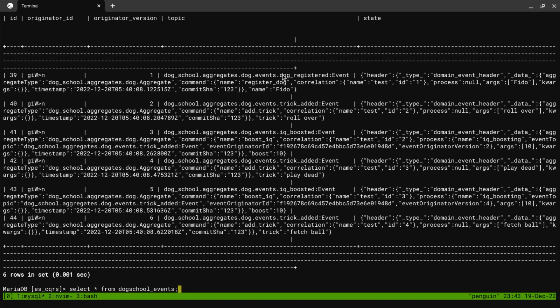Okay, so that's the first event, and then the trick was added to that dog. We can tell that these two events were recorded, to be very accurate. Those events were recorded to be applied on the same aggregate. This is the ID of the aggregate of the dog. Okay, so this dog